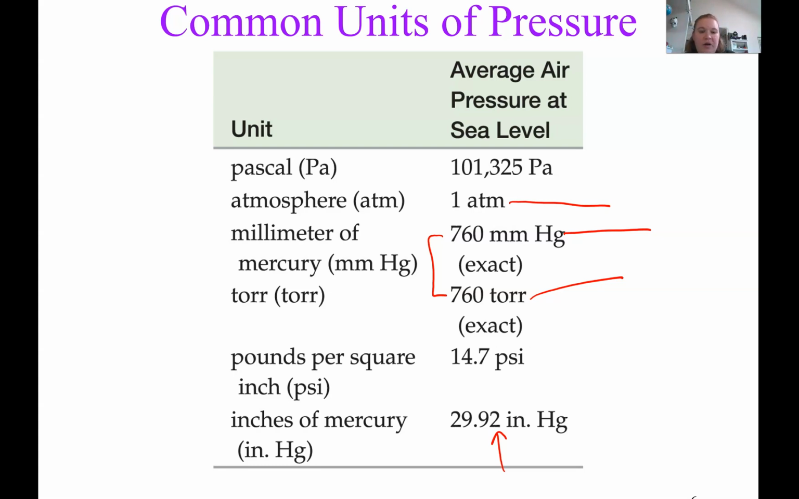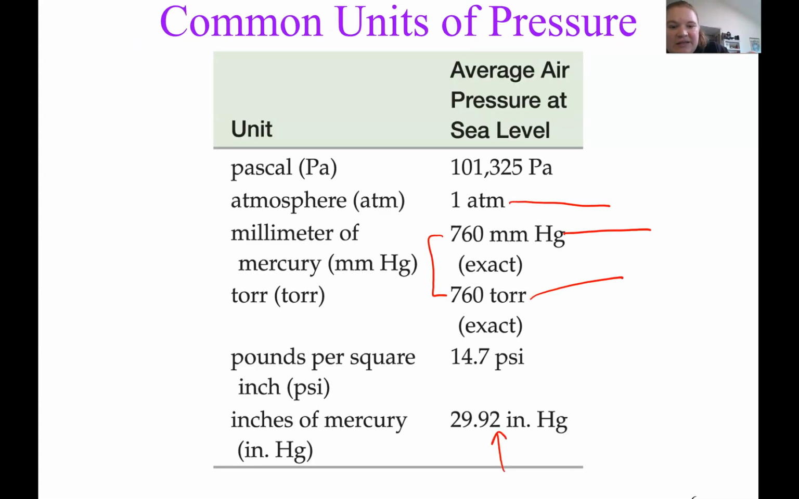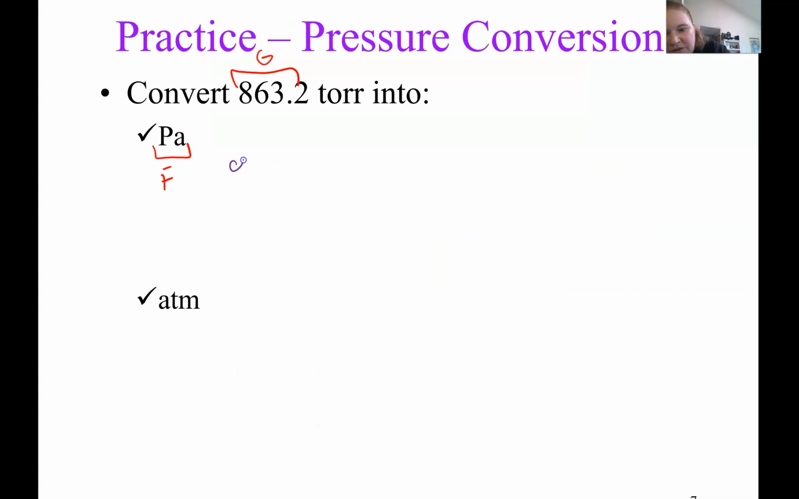So we are going to do a quick little practice to do some conversions here. We're going to convert 863.2 torr into pascals and into atmospheres. So this is my given. This is my find. So I'm going to go back to that previous slide, and I can see right here, let me change colors. I have that many pascals per that many millimeters of mercury. There we go. So here's my given,